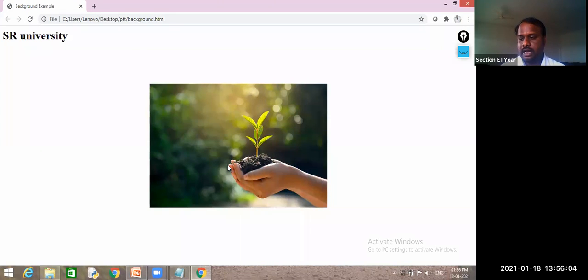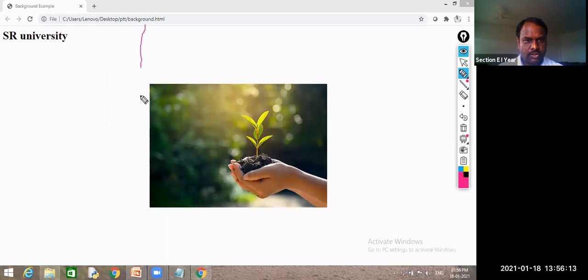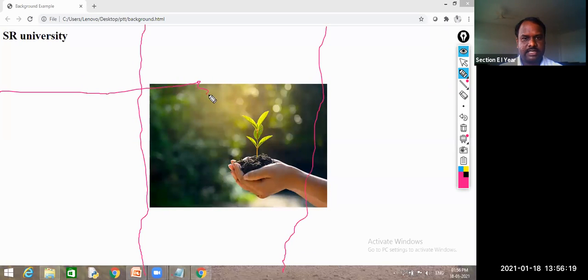Right. Now, when you go for this screen, it has 9 partitions. Like that, you have 9 partitions. I can't draw this diagram properly, but you understand this one.